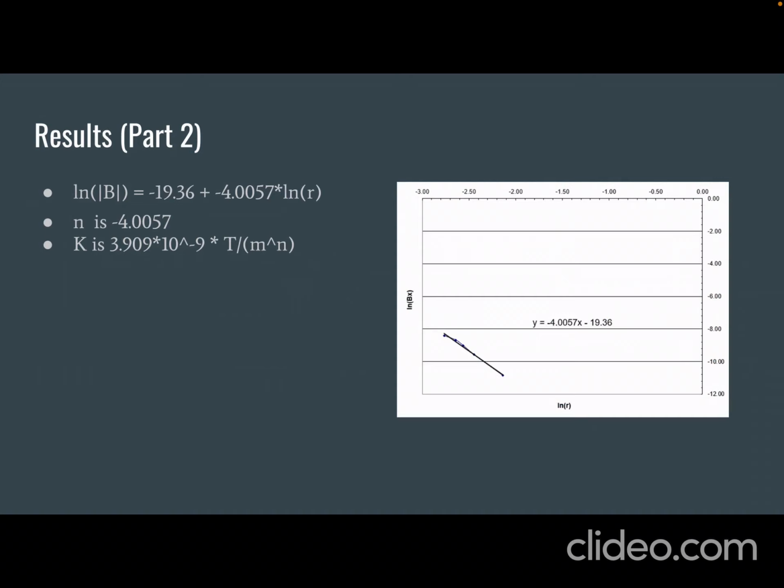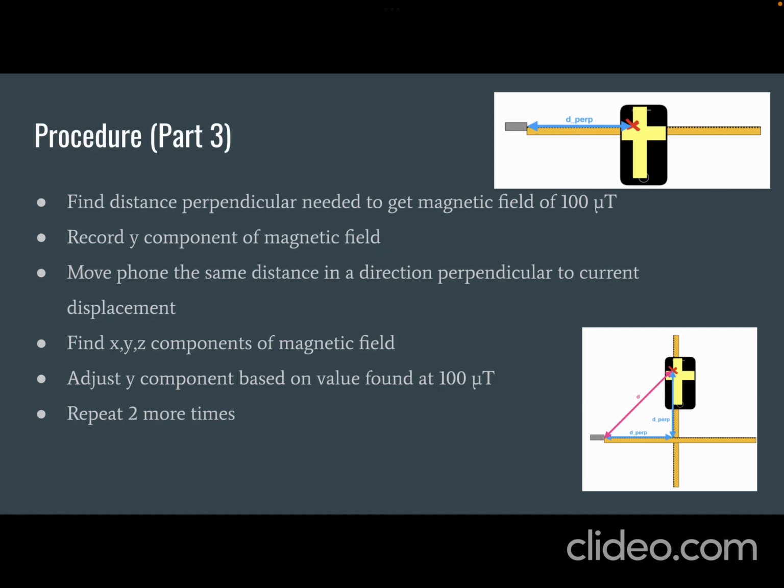And from there, we were able to use the distance-dependent formula to find that K was roughly 3.909 times 10 to the power negative 9 and that N was roughly negative 4, based on experimental results. So then, for the next part of the experiment, we found a distance perpendicular to the bar